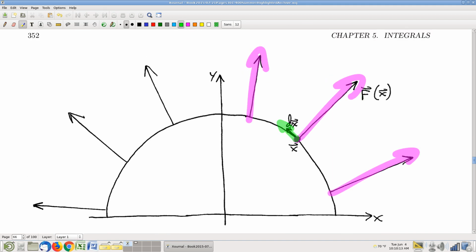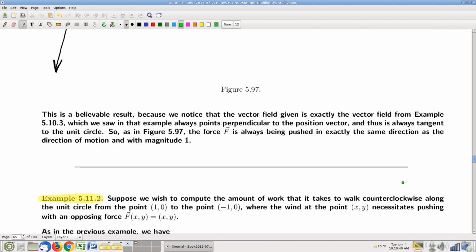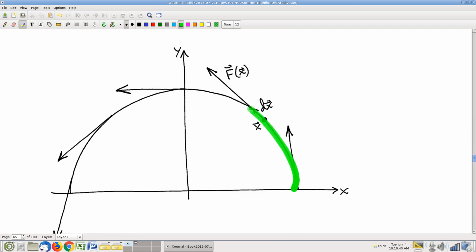There's something unavoidably orientation dependent about vector line integrals. Magnitude alone doesn't cut it. The size of the piece of curve does not cut it. You need to know the directional relationship between the direction of the vector field and the direction that the piece of curve is oriented. For example, you can compute work. We did several calculations of how much work it takes to move along a certain curve